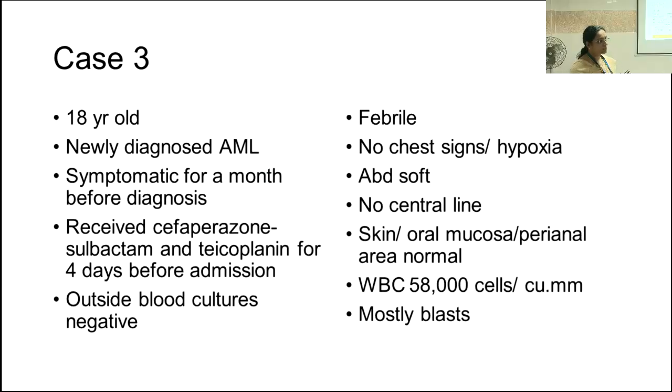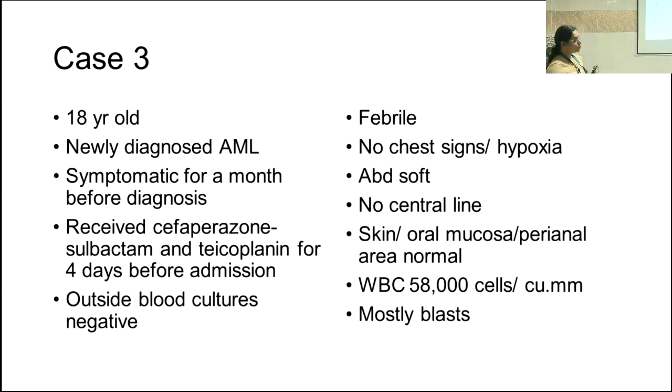It's not because the count is high. They still don't have any neutrophils which are functional to mount a good immune response. So this is a persistent febrile neutropenia, in the sense that the patient has received 4 days of broad spectrum antibiotics. Still, he is not improving. So do I attribute it to AML and say it is just AML, or should I look for an infection?